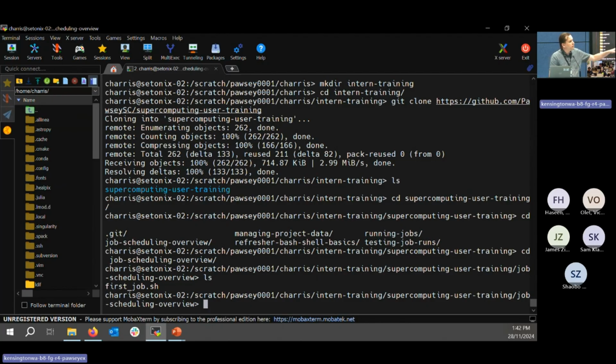If you have trouble doing the git clone and it's asking for a password,